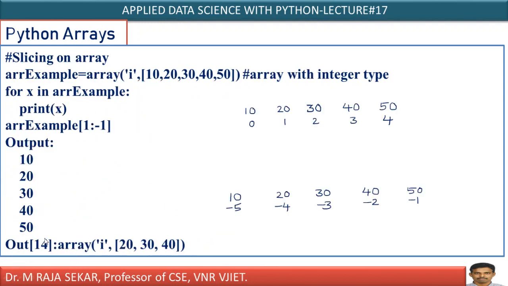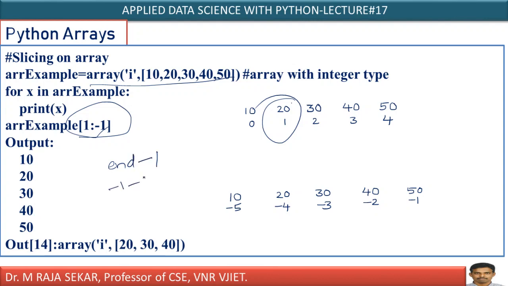It is a simple one, isn't it? Slicing, you can slice. How will it be? We created an array of integer type like this. 1 colon minus 1. 1 means what? Index 0, 1, 2, 3. If you give index 0, 1, 2, 3, this is one index element. Minus 1 means reverse. This is start, this is end. End minus 1. You must always understand end minus 1.